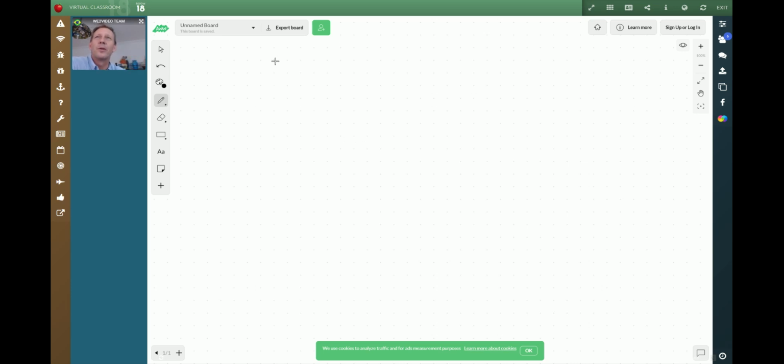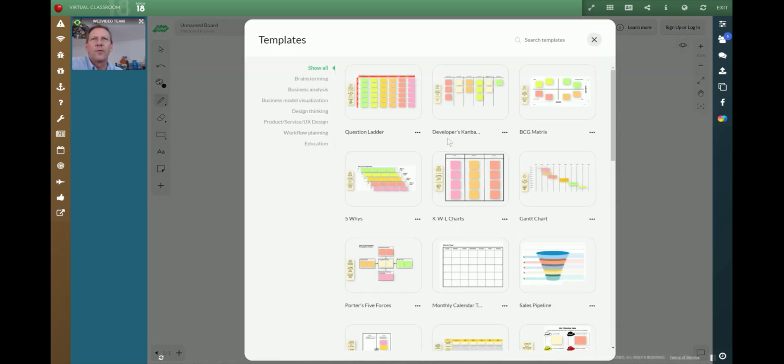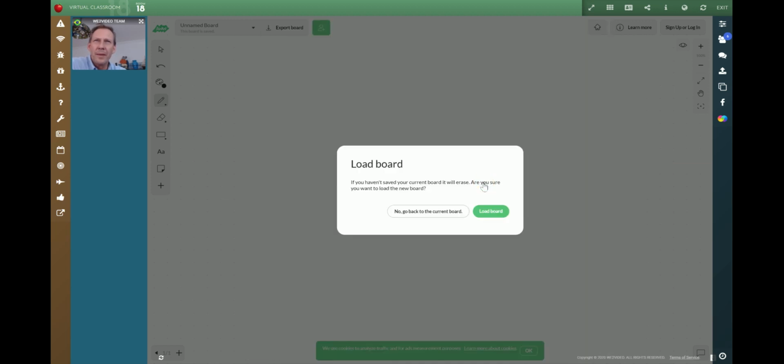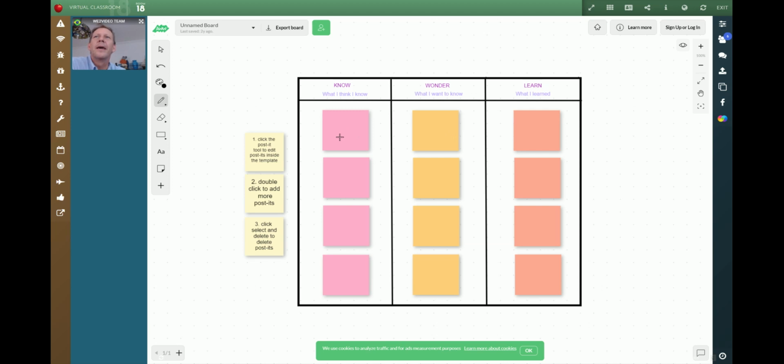And this way we can work interactively. There, for example, in the top left, it says unnamed board. If you click there, there's a drop-down menu. And if you go down to create from templates, there's a large selection of ready-to-go templates that you start working on, and then save it, share it, modify it, print it, and so on. So that's a pretty convenient feature.